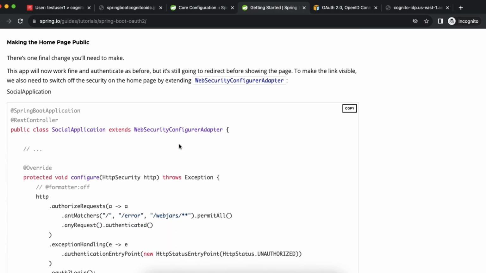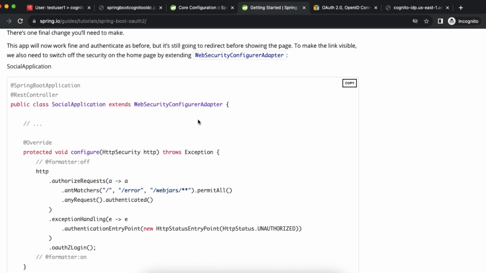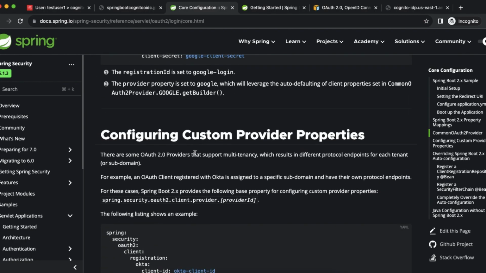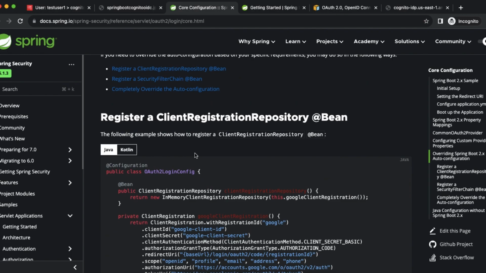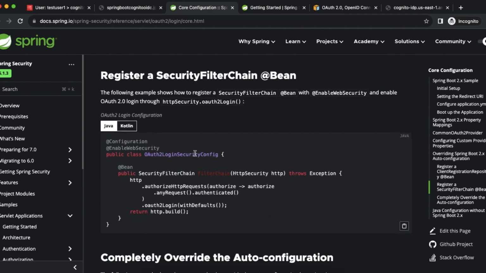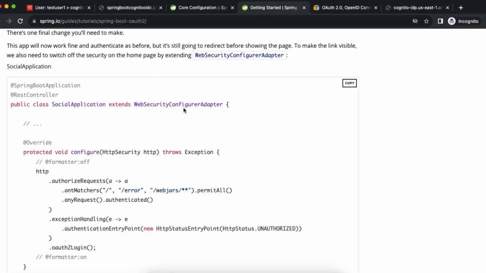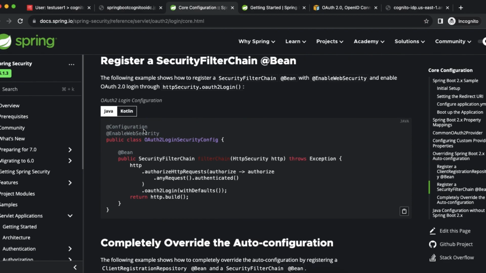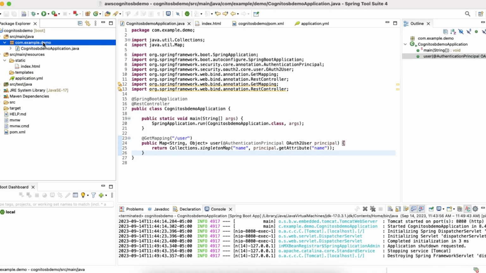And we need to create a WebSecurityConfigurerAdapter. So here, this is where I told you there are some outdated details in this documentation which we need to modify. So go back to this documentation and scroll down a bit, and then you will see what needs to be done here. So basically some things have changed. This WebSecurityConfigurerAdapter is not available in the latest framework. So we need to create a new Java class which has the SecurityFilterChain bean. So let's create this new Java class,